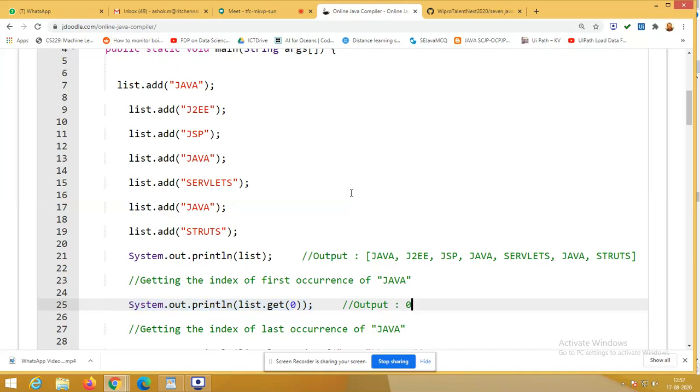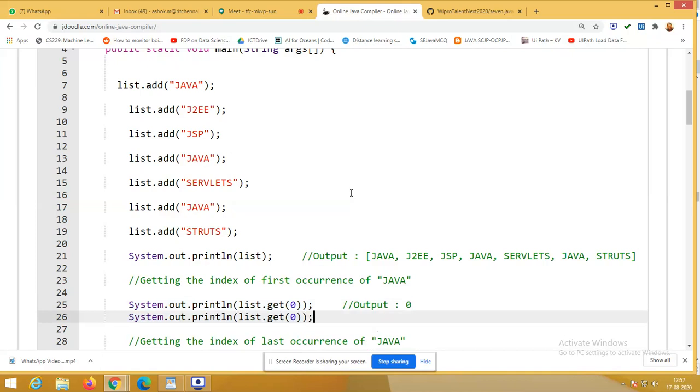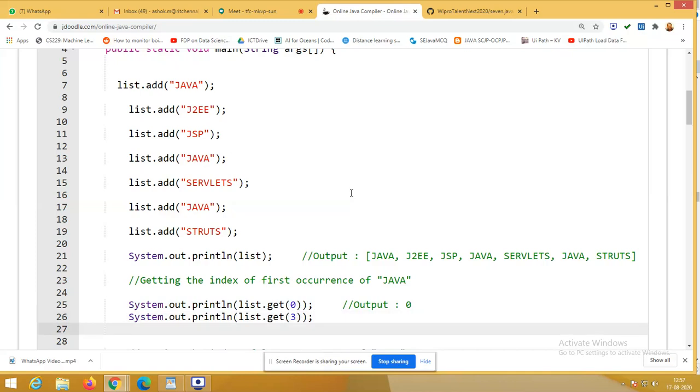Control V. If I have to get the second Java, 0, 1, 2, 3, right? If I mention position 3, I will get the second Java. Next, Control V. I have to get the last one, 0, 1, 2, 3, 4, 5. The fifth one. You'll get everything using that get method.